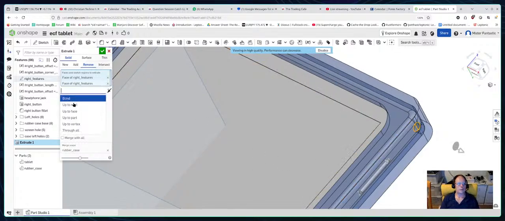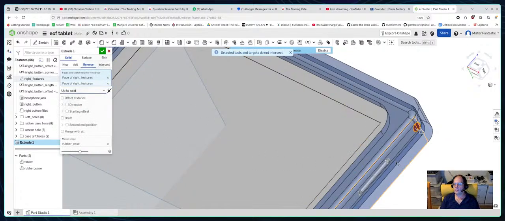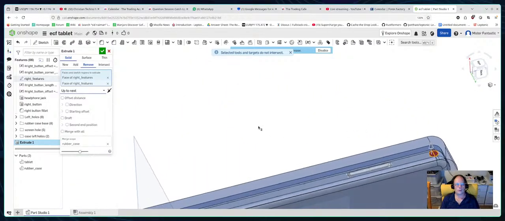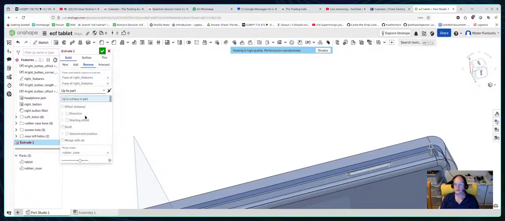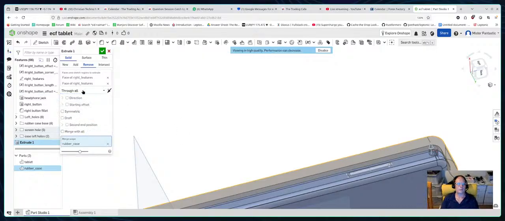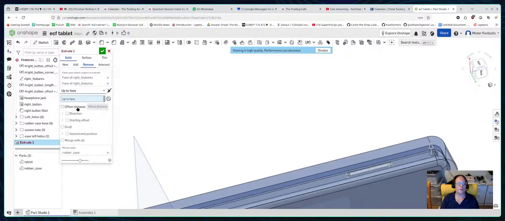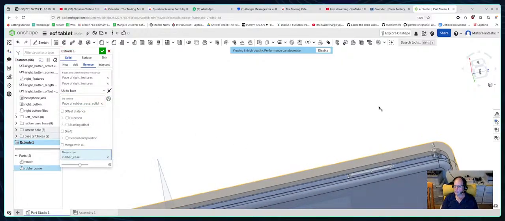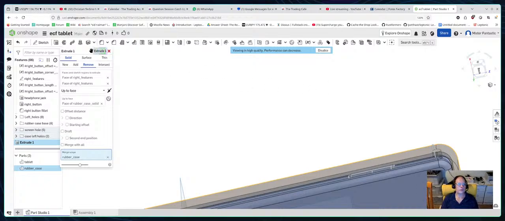We just go up to next. We don't need to remove everything. Up to face, up to part, and the part is the rubber case. No, up to face. Through all. I mean, why not? Not through all is too dramatic. Up to face, and then select the face will be that. There we go. So that is